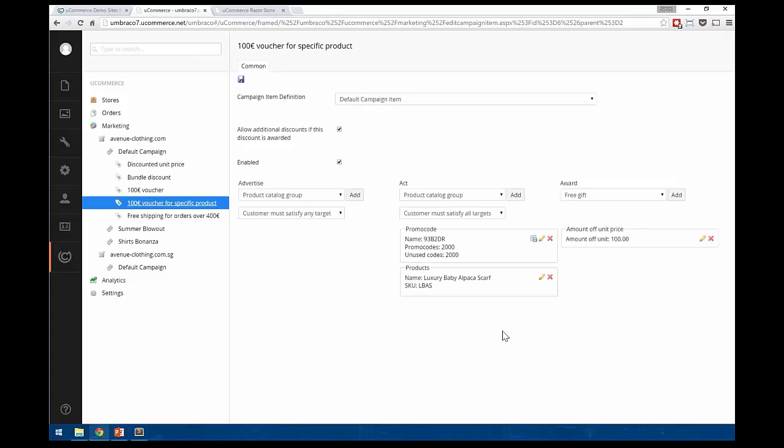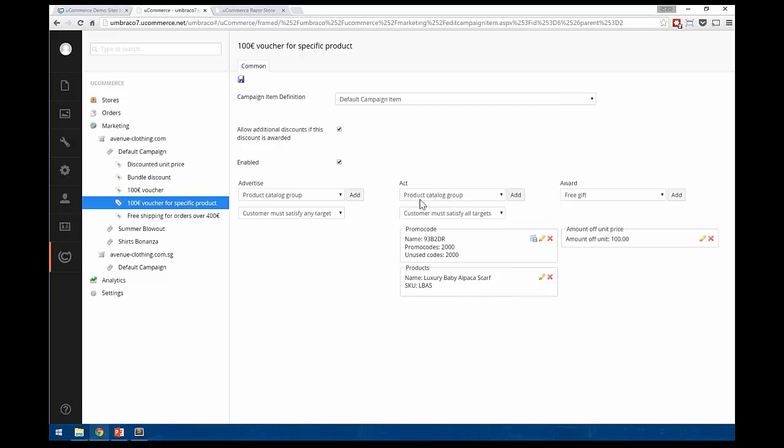But because the system is designed the way it is, you can also combine different types of targets, right? So the promo code can be combined with one of the product targets that we saw before, effectively creating a product-specific promo code, which is something you don't see every day. And also, you can see here that it's targeting not the order level, but actually the unit price, and it could also trigger a free gift if that makes sense. The point here is that even though there are not that many options to select in these drop-down lists, what you get effectively is the ability to combine all these, and not just inside the individual columns, but also across. So you get lots of opportunities for putting together interesting types of discounts.